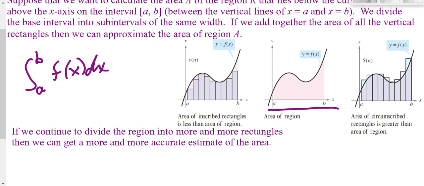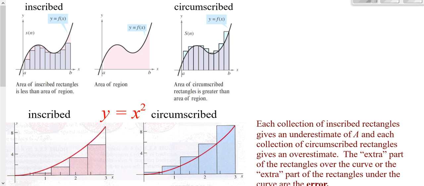Notice, to begin with here, our left endpoint rectangles are inscribed because they're below. But then from here over, it's our right endpoint rectangles that are inscribed. So when we were beginning of the course, it was always either just the left or just the right that were below. And then over here, these are circumscribed because all these rectangles go above and include a little bit extra. But for the most part, to be able to find your area, you can still look at your inscribed,